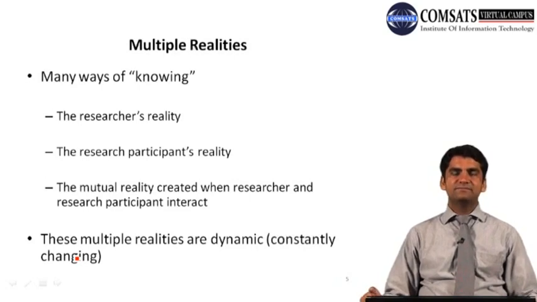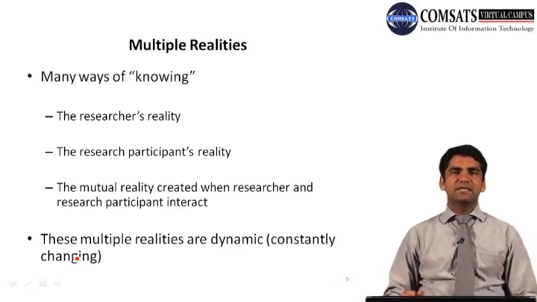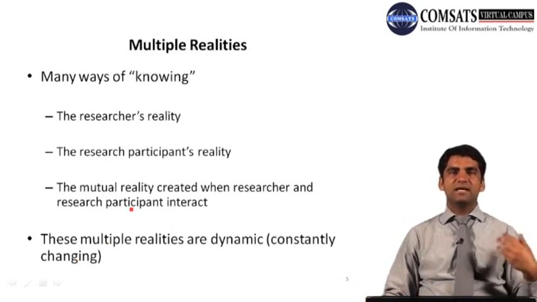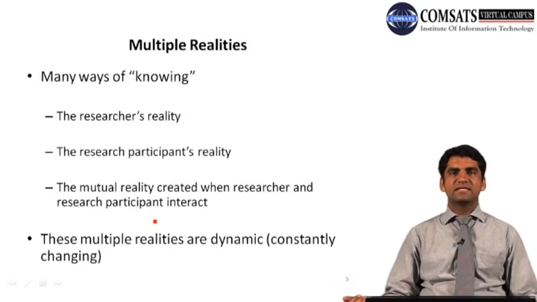The researcher's reality means how the researcher has an opinion, or has observed or seen a phenomenon that is occurring in front of him or her, or how the things that are happening in front of the researcher, he has conceptualized and perceived. This is how there are multiple realities. While those who are at the state of affairs of those phenomena or observations might think things are different. The research participants' reality.